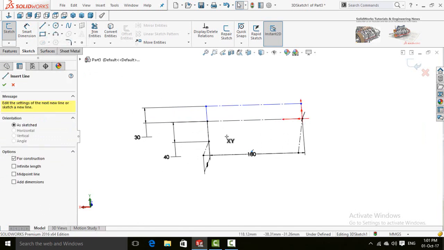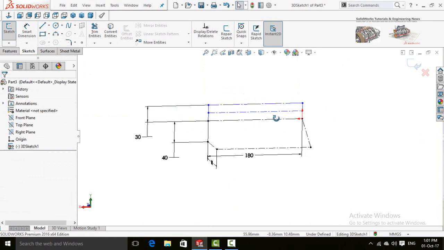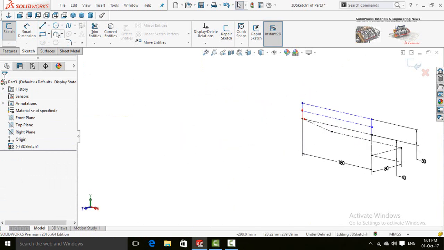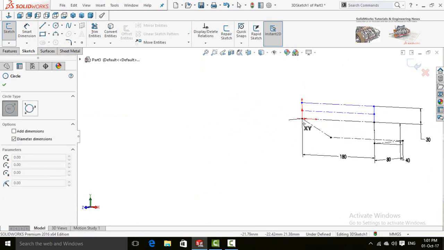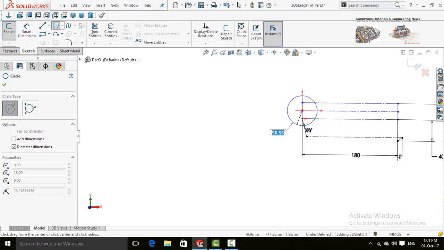One more center line, draw from this midpoint to this midpoint. Now draw a circle on this midpoint along XY axis.